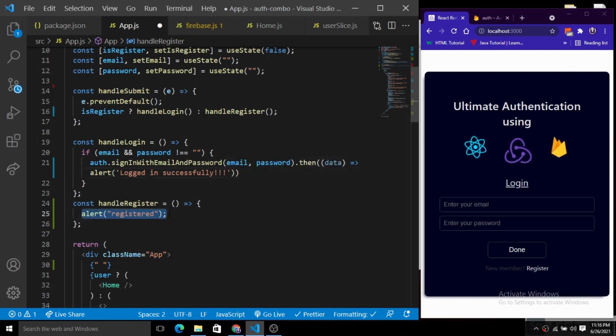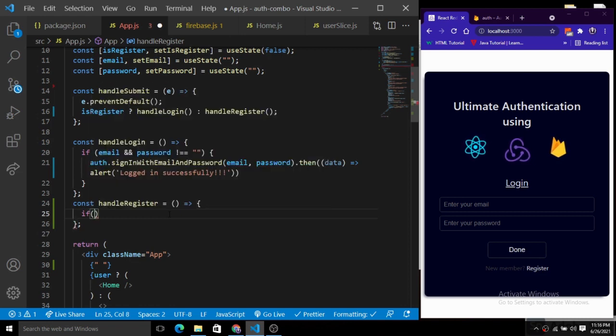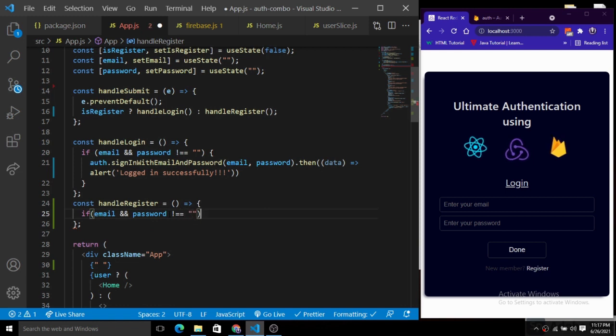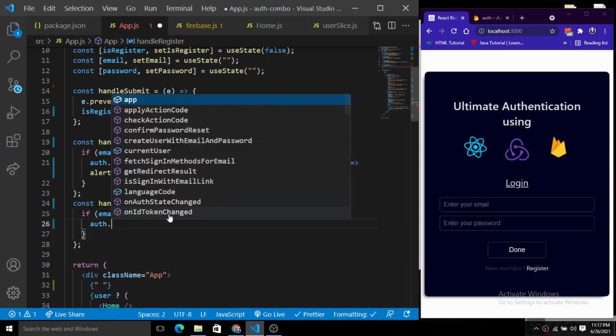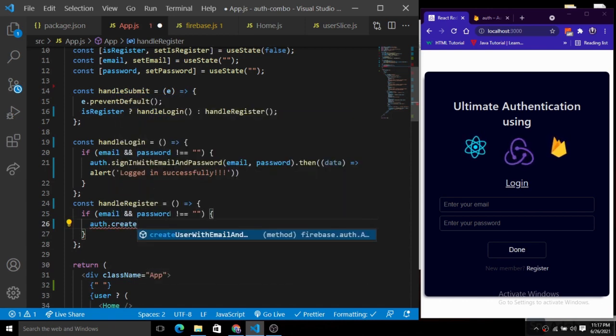Okay, and for the registration we do the same thing, but there will be a minor change. We have the same condition: an email and the password which is not equal to an empty string. Here we have auth dot createUserWithEmailAndPassword, and we provide the email and the password.